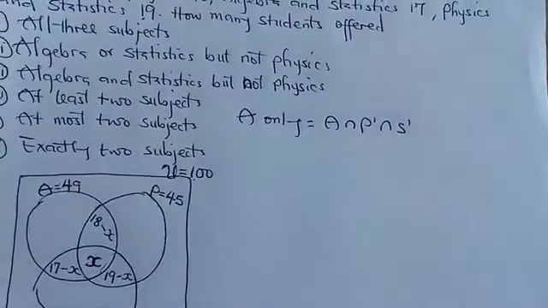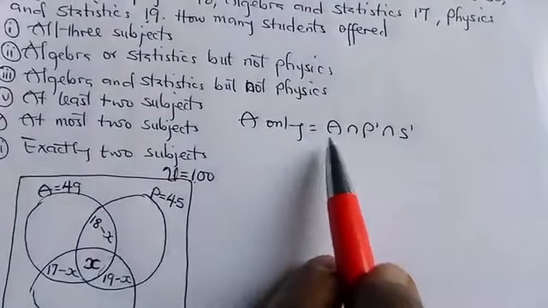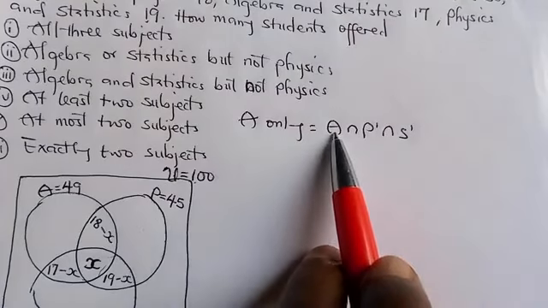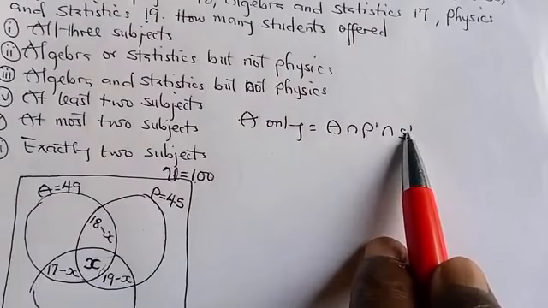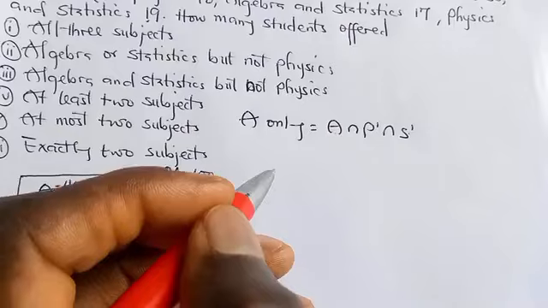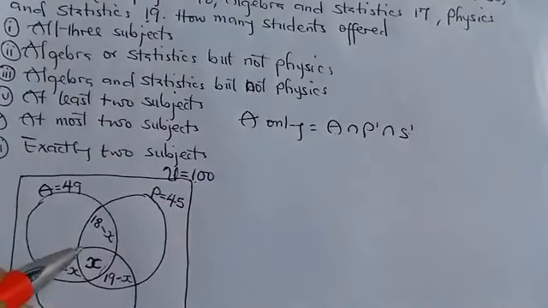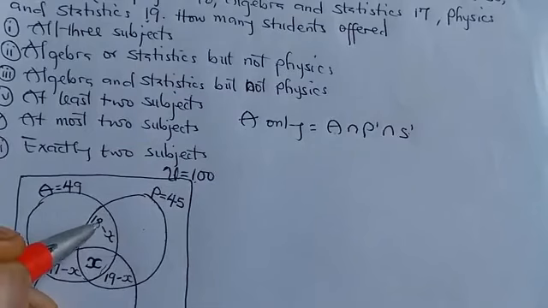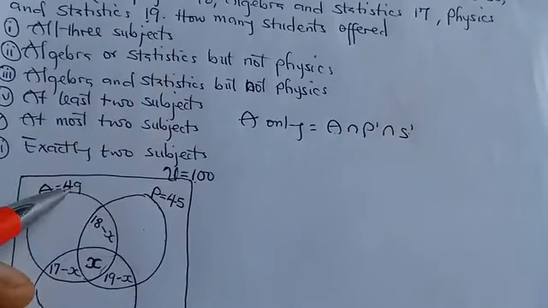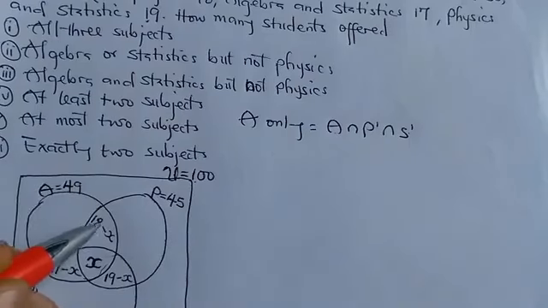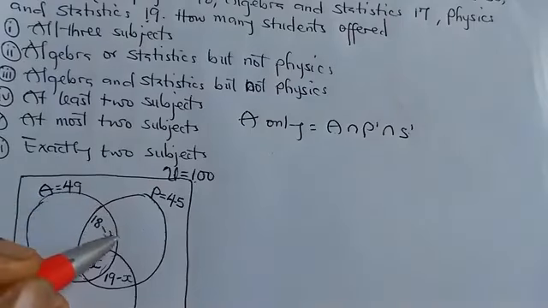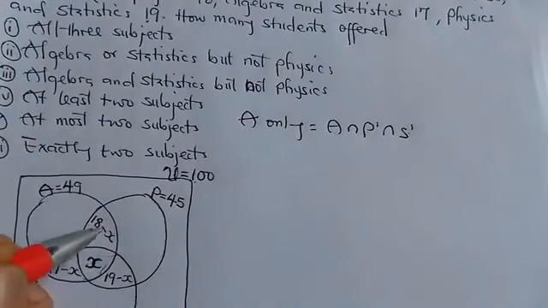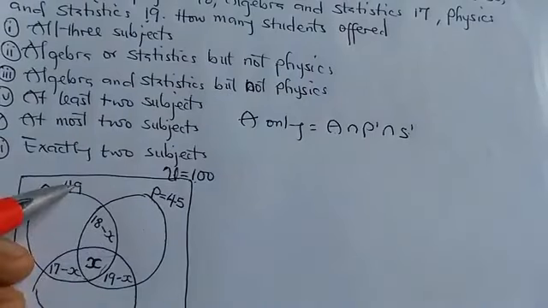This includes only students that offer algebra but not physics nor statistics. So for us to get that, we are going to subtract the data we already have here. We are told that 49 students offer algebra, and we already have some data under the oval shape, because if you draw the oval shape of algebra, this is where you will pass through this circle here. We already have some data inside it, so we want to subtract this data from 49